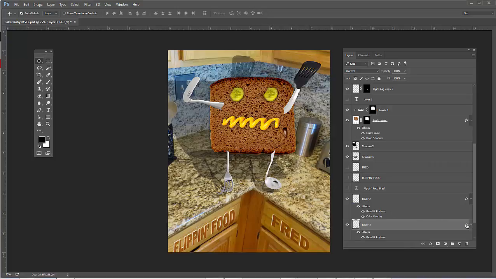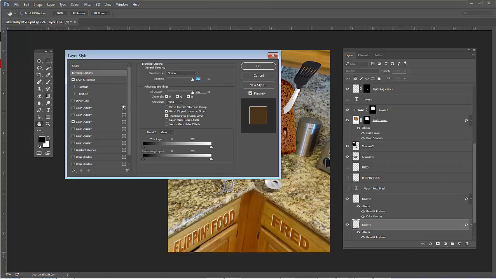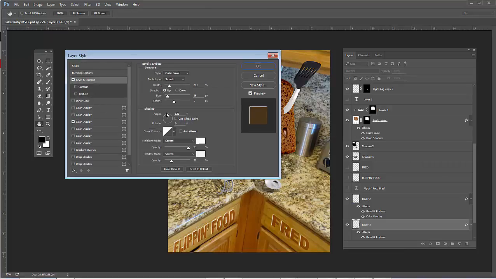So I'll double click on this FX, and now going to the bevel and emboss, I'm going to change the direction by dragging this over here. So now it looks like it's coming from this direction. Alright. You could also, white doesn't have to be white. You could also change the color of that by,